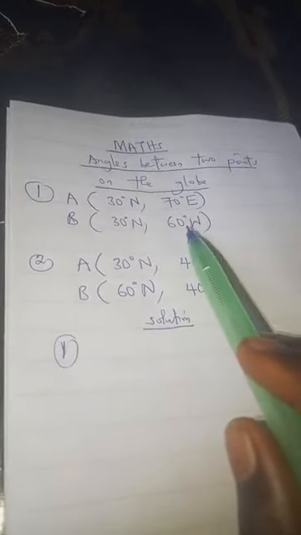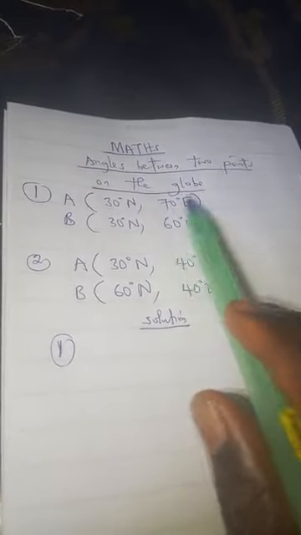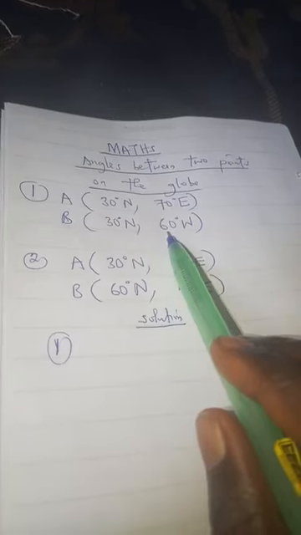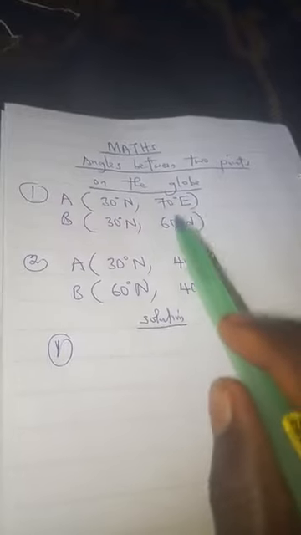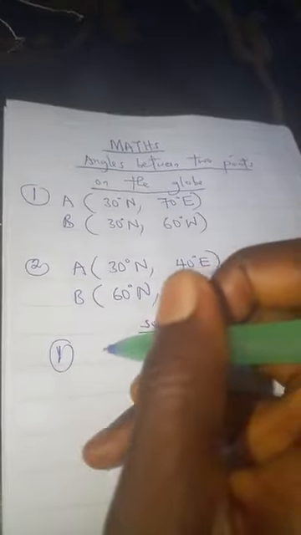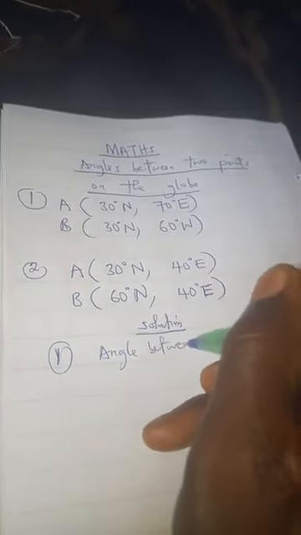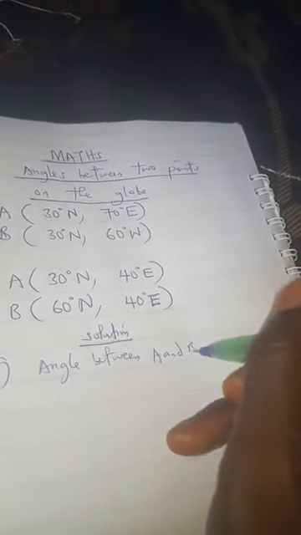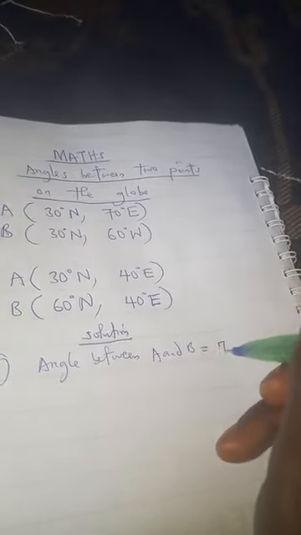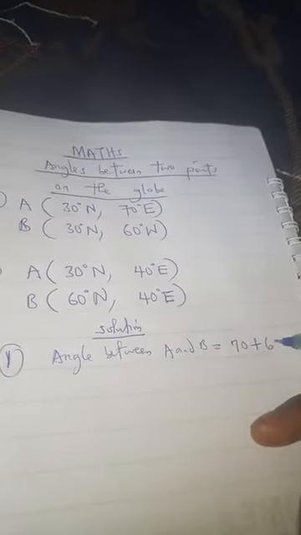Now, in terms of angle, you realize that one of them is on 70° east and the other one is on 60° west. Now, since both of them are in different direction and their angles are also different, now what we do to find their angles, angle between point A and B will be equal to the sum of the two